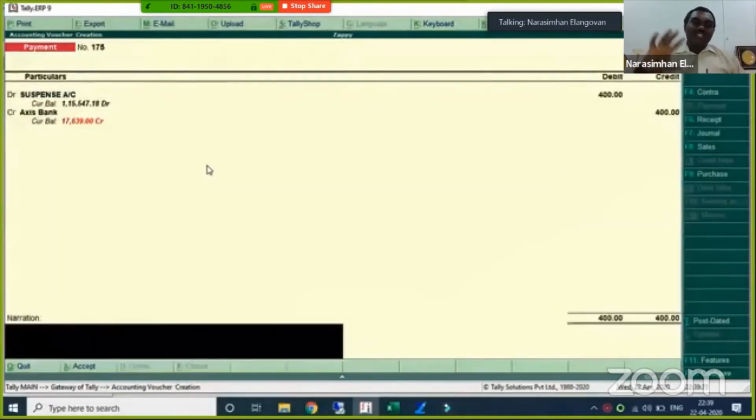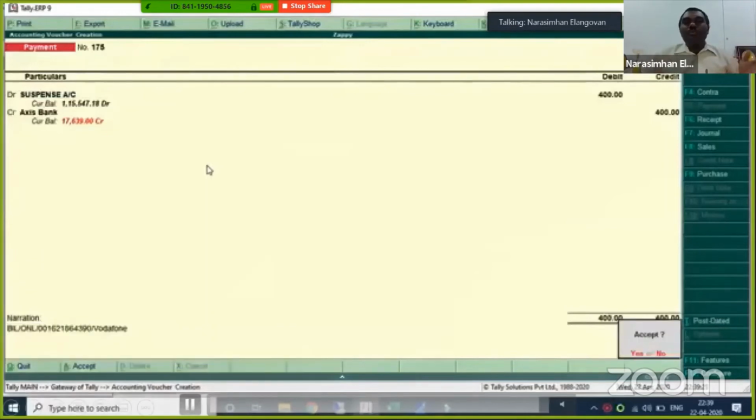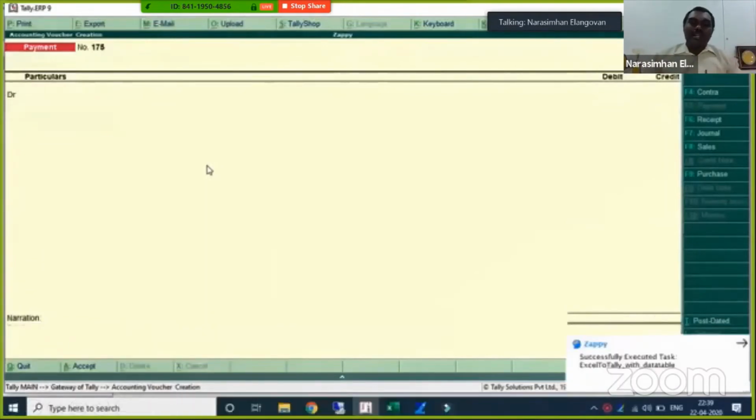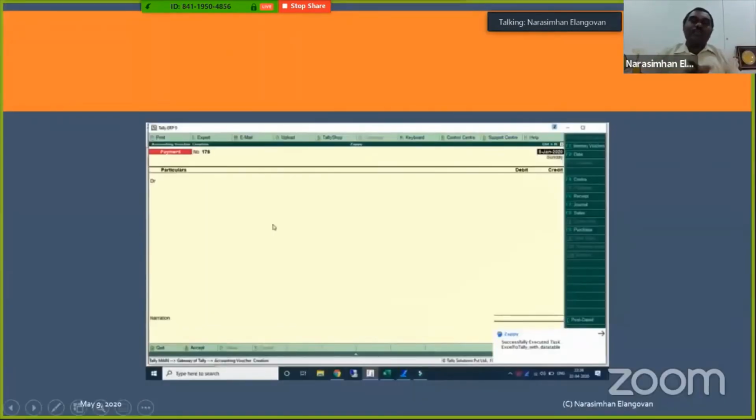Okay. Anyway, so this is just to give you a sample or a demo of how multiple transactions can be passed. If you see over here, it says successfully completed, passing 14 entries. It is nothing but from Excel, it copy pasted and pushed it. And that is basically one of these RPA based solutions.